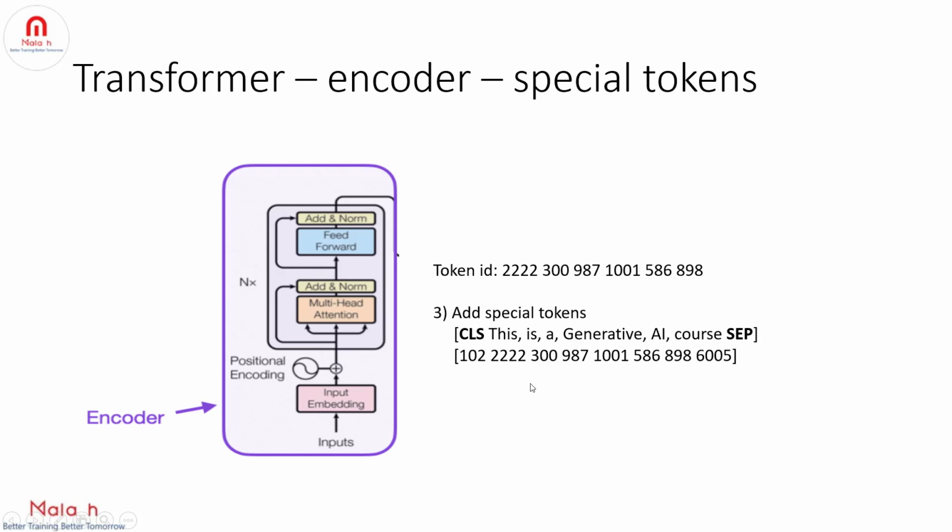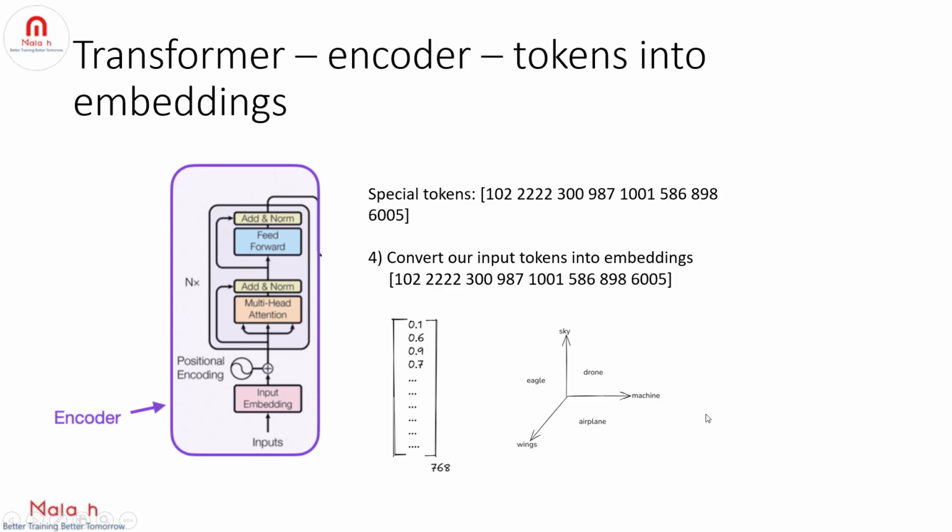So what did we do so far? We represented our input as tokens and we added these special tokens as well. And the next step is to convert our input tokens into embeddings. So this is our input and we are trying to convert it into input embeddings. These embeddings are generated using ANN, artificial neural network architecture. So we use a feed forward back propagation network to generate these embeddings. We will pass the entire input tokens and we will get the embeddings for every single token.